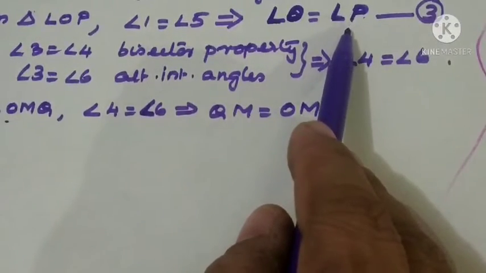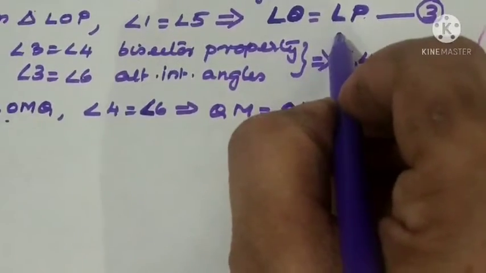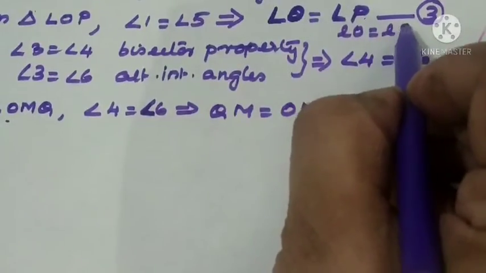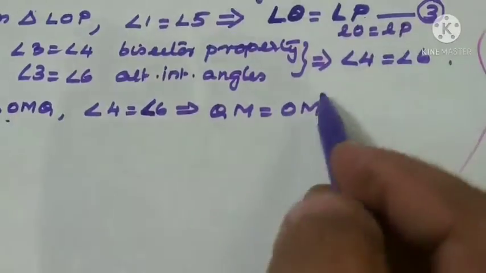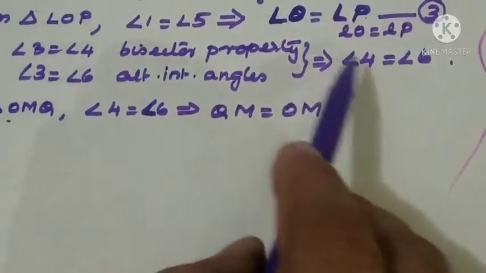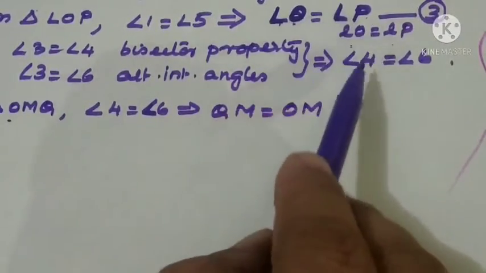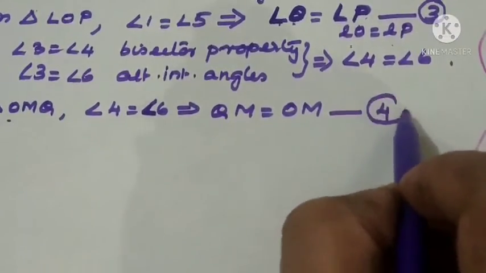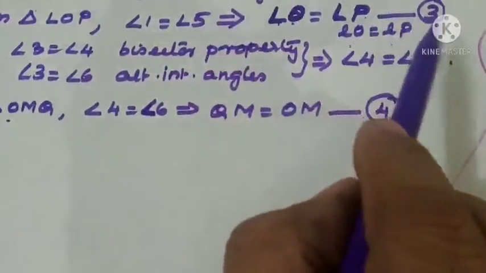Okay, so we got here LO equal to LP. So any confusion means I'll write the small letter L like this. LO equal to LP, right? It's not correct. We have to use a capital letter only for your convenience. Some children are told that they have the problem with angle sign. So don't confuse L and angle sign. LO equal to LP we got in 3. Now equation number 4 we got here.